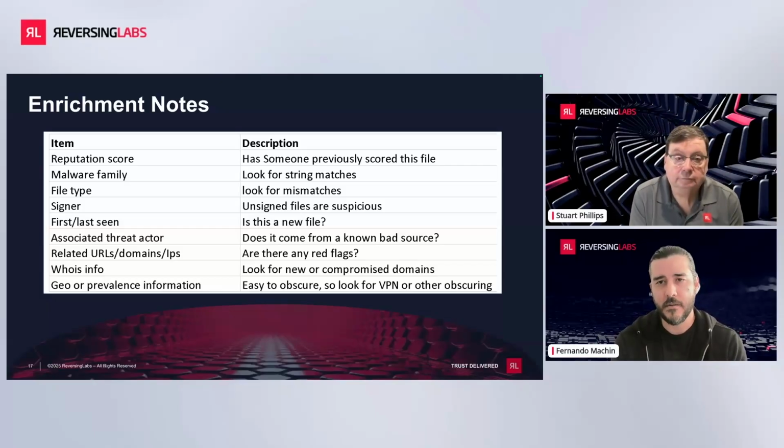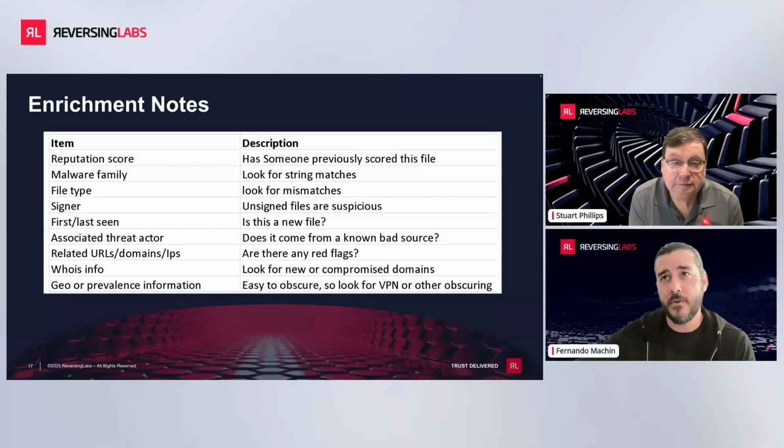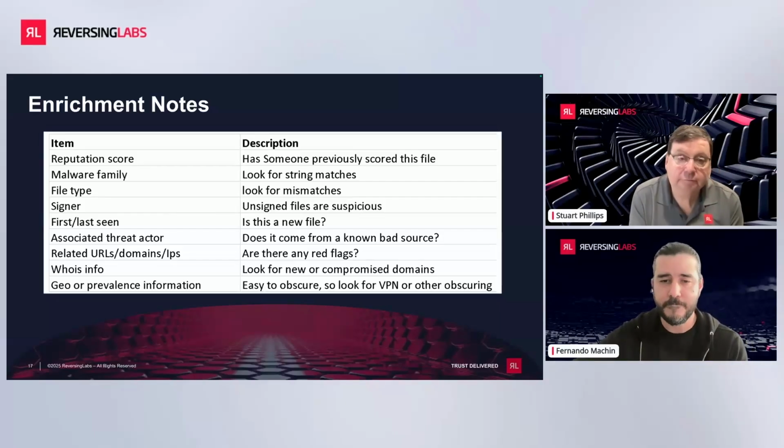First versus last seen is another great one. How often have you seen it? When was the first time you saw it? When was the last time you saw it? How does that delta in the file type deviate? How does this deviate from the different samples that I've seen that are associated with this? And how does it potentially fall through the gaps in my detection logic? I think there's a lot you can take from this.